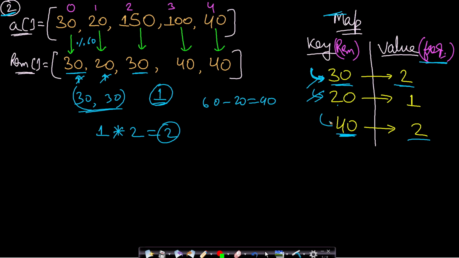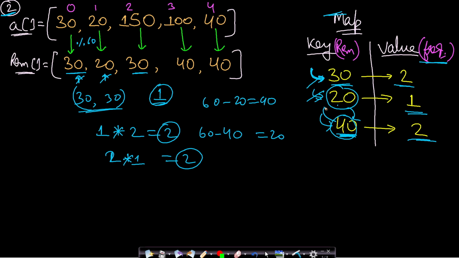Okay, now if you move on to the next value 40, then you will see that it has count 2. So for 40 you need to find value 60 minus 40, which will be 20. So 20 is already present and its count is 1. So you might add 2 into 1, count of 40 into count of 20, which will be 2. But if you notice here, we are doing duplicate additions because we had already made a combination of 20 with 40. But again, making a combination of 40 with 20 is wrong. Okay, we are doing it 2 times. So this will not be included. So we need to take care of the duplicates. Okay, so this is one problem which we need to solve.